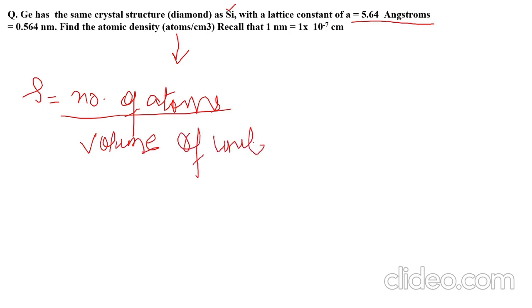In terms of crystal structures, whenever we talk about the volume of the unit cell and the number of atoms per unit cell, we can find the atomic density. So you have to first find the number of atoms in this structure, which has a crystal structure similar to silicon. We can calculate that. So when you have a unit cell,